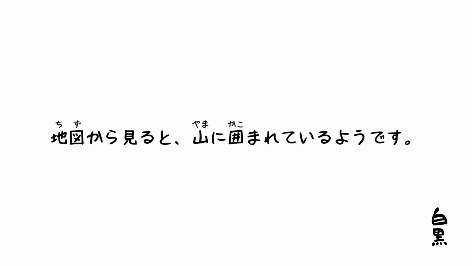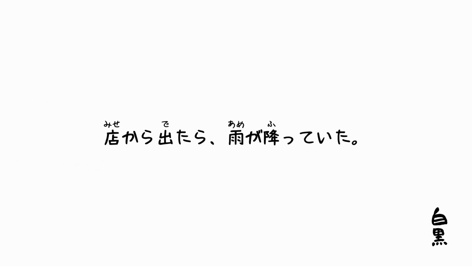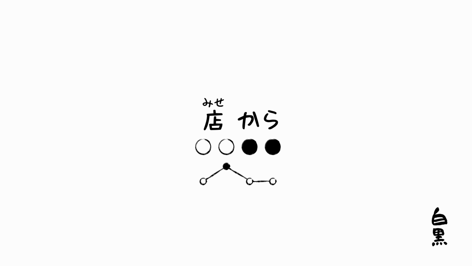Now, let's see what happens when a falling type noun combines with a dependent word of 2 or more moras. If the dependent word is flat type, then clearly you just stay low. For example, 地図から見ると山に囲まれているようです。地図から。Similarly, when the noun is in pattern D, we also need to pay attention. 店から出たら雨が降っていた。店から。